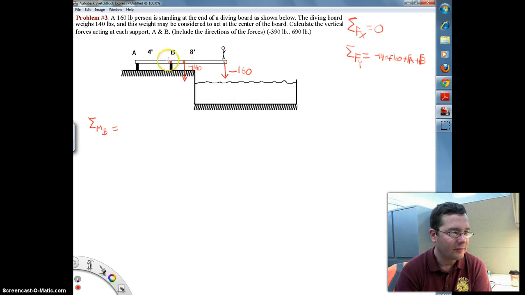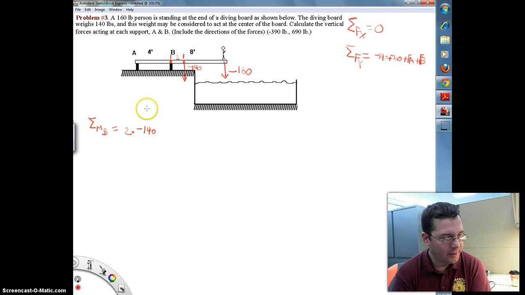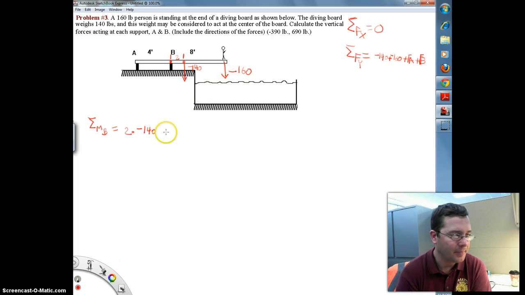So the sum of the moments about point B. Well, where is the center of the board relative to point B? It's 2 more feet because it's 4 feet from the end of the board to point B, and then it's 6 feet to the center of the board's effective weight. So again, this is a positive 2 feet times a weight, negative 140, because it's acting in the downward direction. And you can see that this is going to produce a negative moment, and that's what we want because this board has a tendency to rotate clockwise about point B. Plus the moment, how far is the swimmer from point B? 8 feet times a weight of negative 160